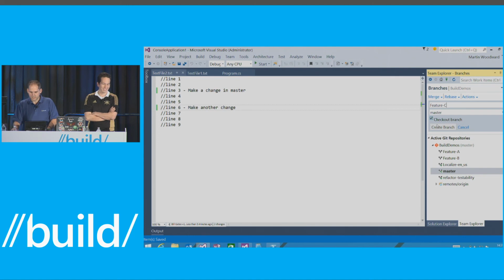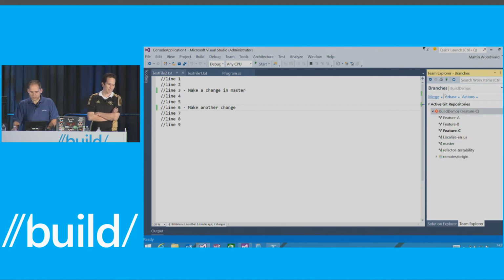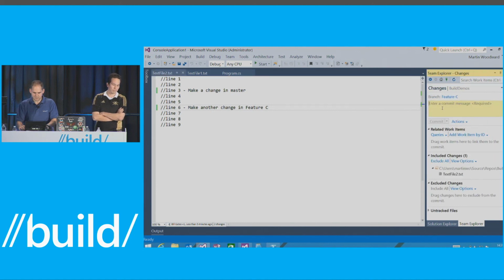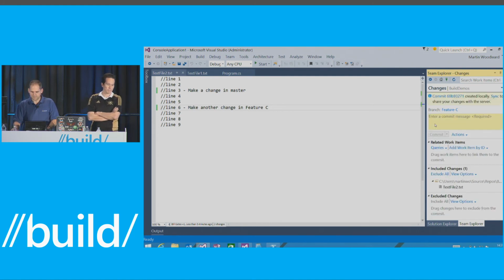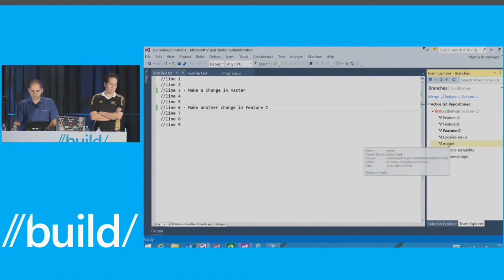There we go. I'm going to create the branch, and I'm now on feature C. You see it's highlighted there, and I'm going to make a change. I'm going to say make another change in feature C. Save that, go to my changes view, and commit it: change in feature C. And now when I go back to the branches view and swap to master,